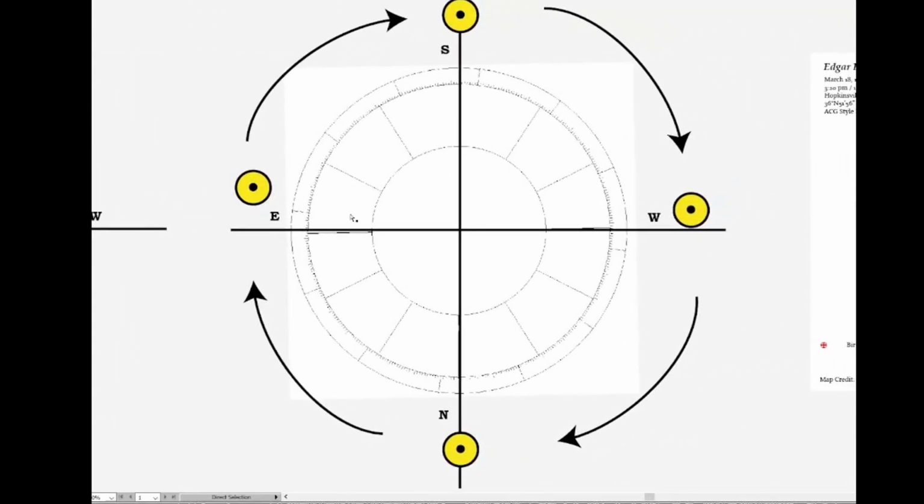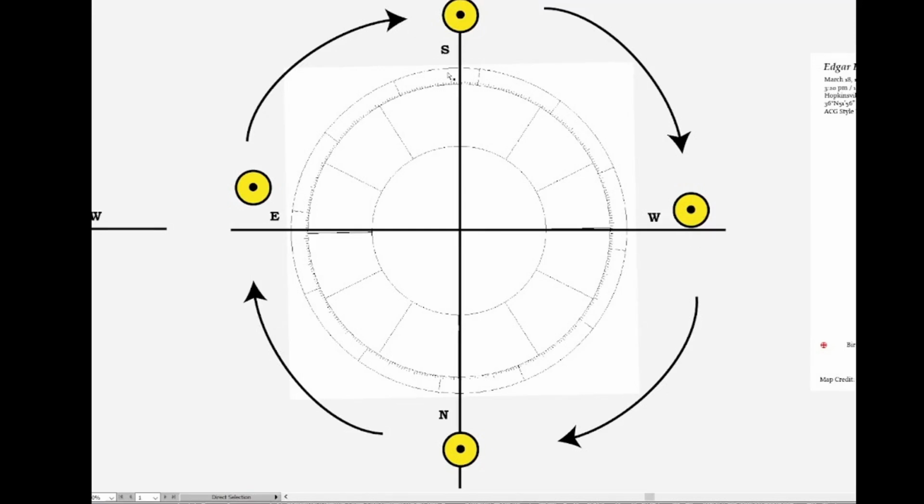So the sun rises in the east, and when you look at your natal chart, this is the east direction. The sun rises in the east. At noon, midday, the sun is going to be directly overhead. It depends on what time of the year, but we're just talking in basics here. So at midday, your sun's going to be overhead, and you're looking in the direction of south. It sets in the west, and everything,